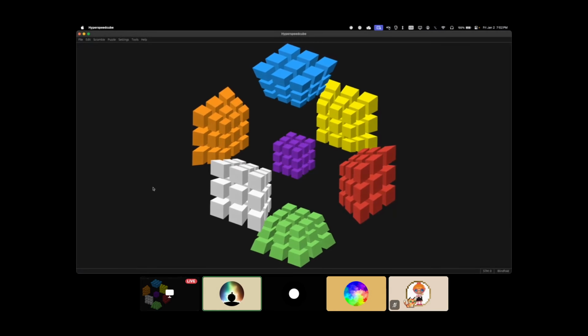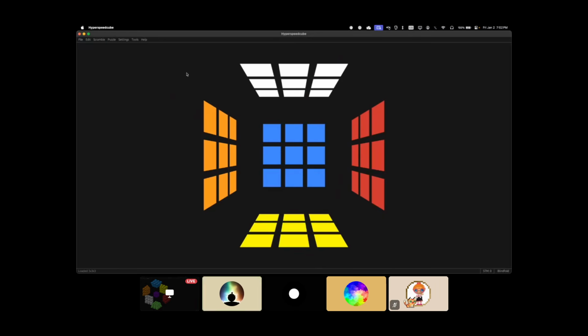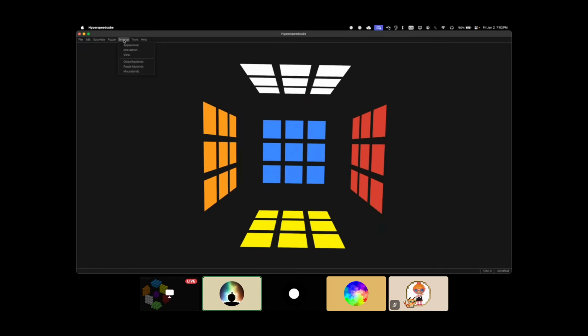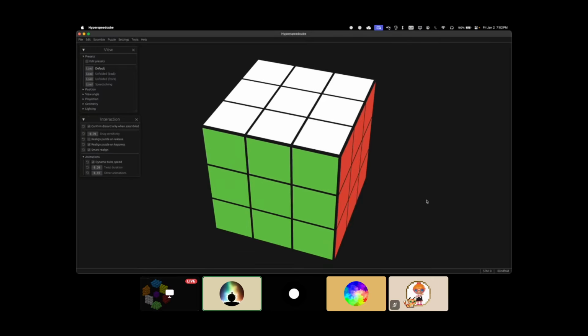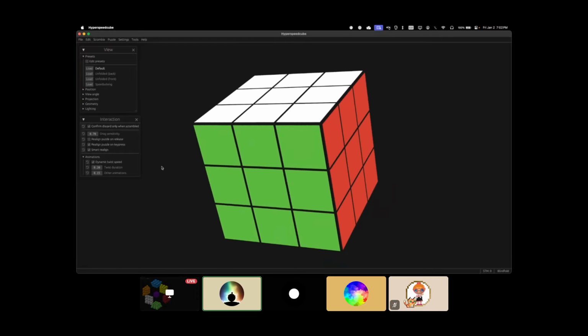Okay, hello. Cool. So, let's start in 3D. Here's a 3D Rubik's Cube. Let me turn down the animations. So I could show this way. This is a 3D Rubik's Cube, but we can spread out the faces a bit